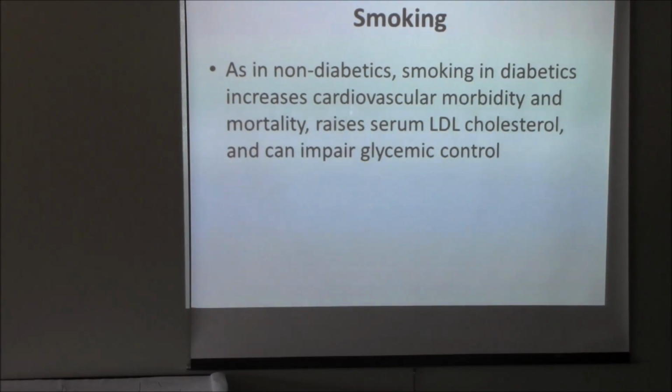Oh, smoking. As a non-diabetic, smoking in diabetics increases cardiovascular morbidity and mortality, raises your LDL cholesterol, and impairs your,